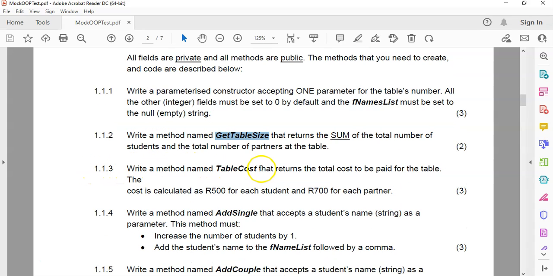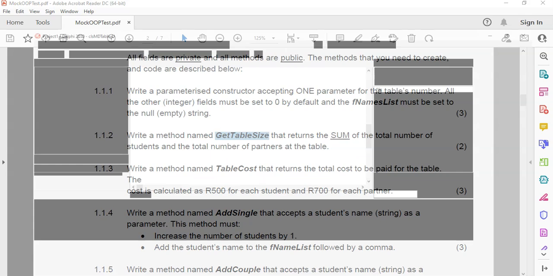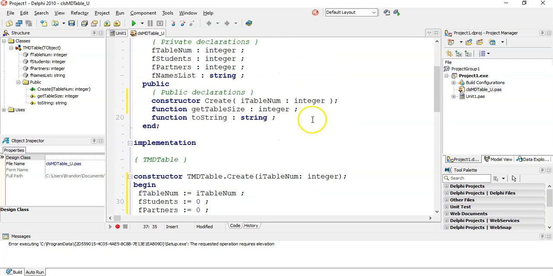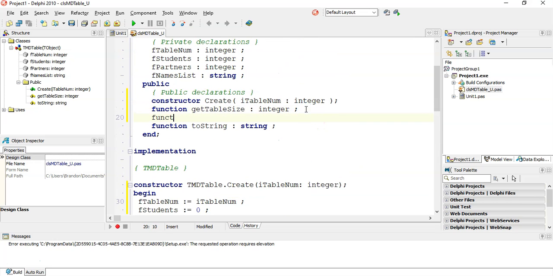1.1.3, the table cost. This returns the total cost to be paid by the table. The cost is calculated as 500 for each student and 700 for each partner. Table cost, it's a method that returns something, does not take in anything. So again, this is a function. So let's go up here. We're going to make another function